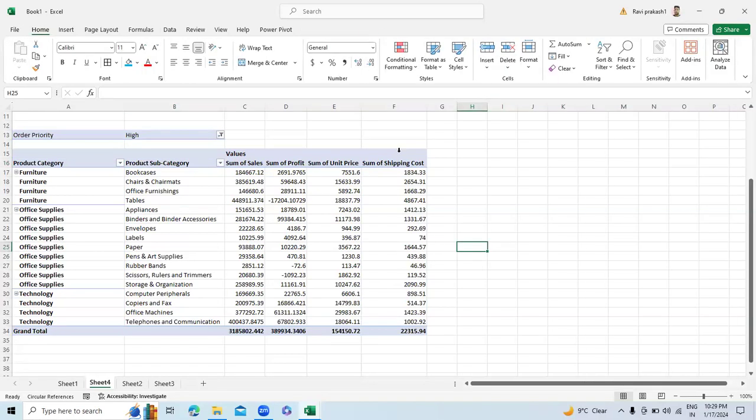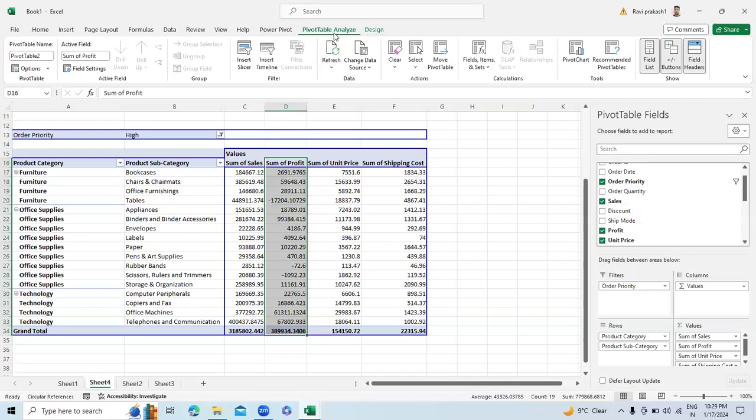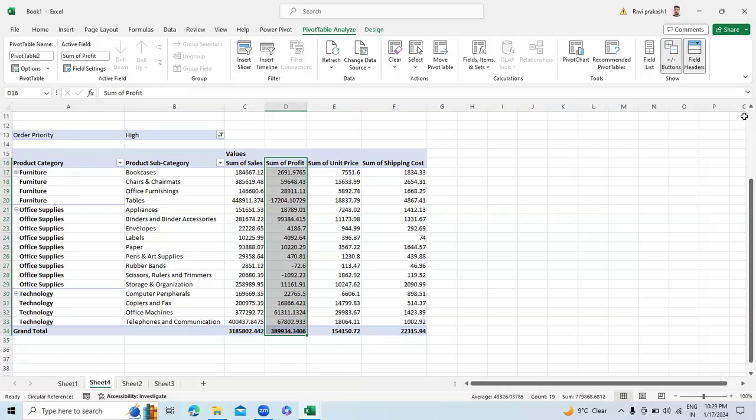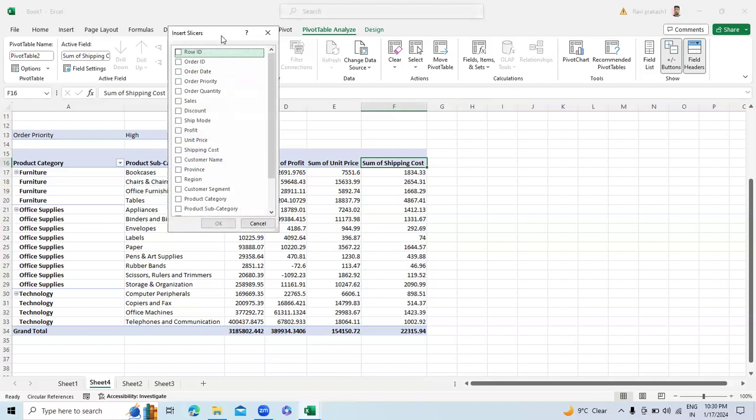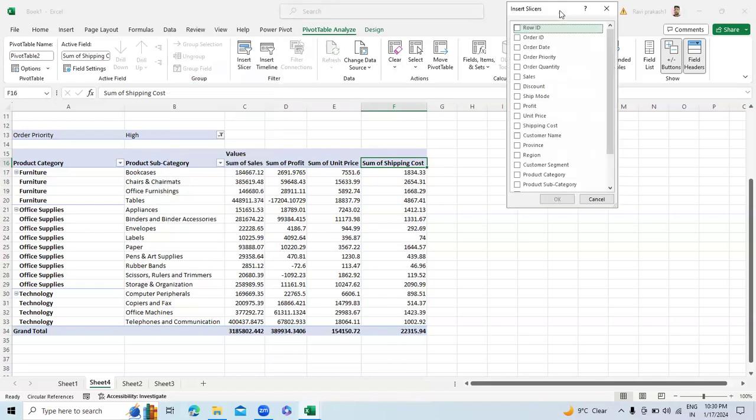Second method is that I'll just click on this, then I'll go to pivot table analyze. Here we have two things. One is slicer and the other one is timeline. So suppose यदि हमें अपने data को filter करना है using slicer, then we can use the slicer option. जैसे ही slicer पे click करोगे, all the fields available in your data set will appear here, right? यदि हमें ship mode के basis पे इसको filter करना है,